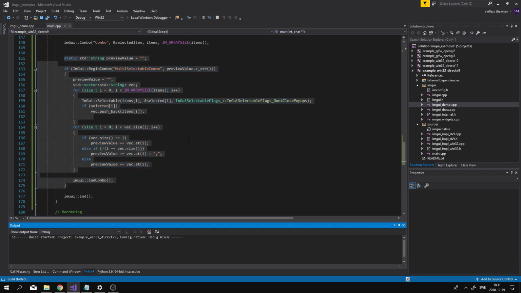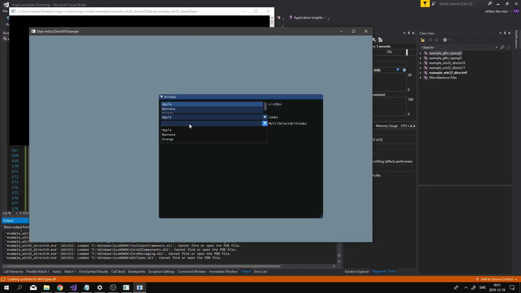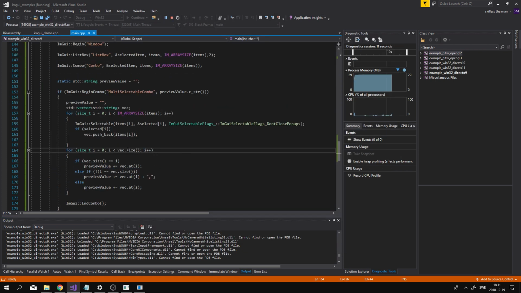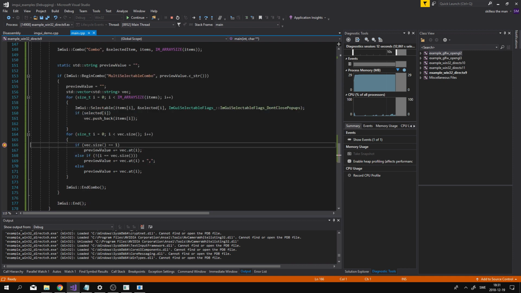Let's see if this compiles, and hopefully it doesn't crash. Apple, banana, and now it added a comma in the end here. That's bad, orange. Okay, so let's debug and see what we did here. So the size of this vector is 3. Yeah, I can see my first error. It should have been, probably should have been,